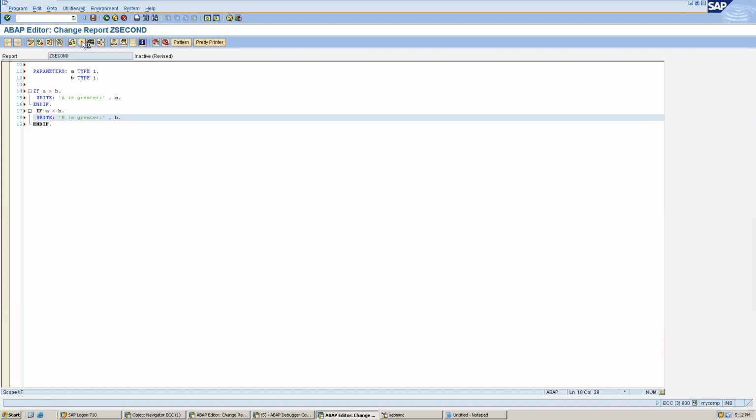We can activate this. Any doubt in this statement? Every IF should end with ENDIF, and in front of IF we put the condition. If the condition is true, only then it will go inside, otherwise it won't.